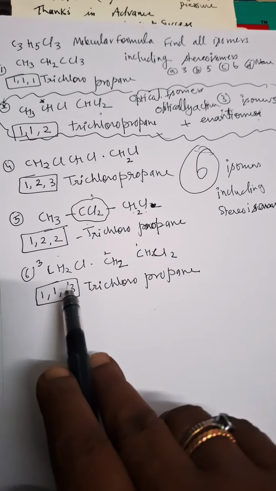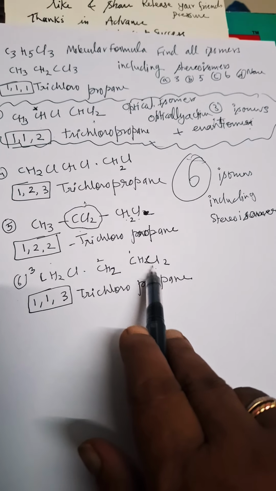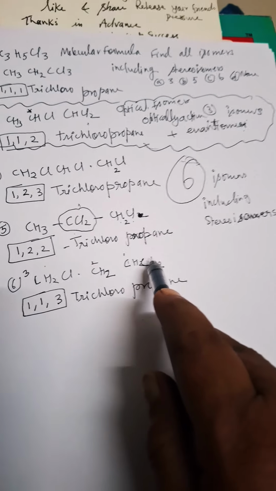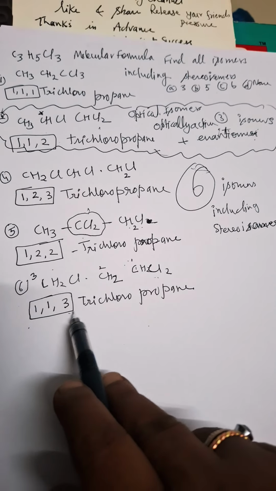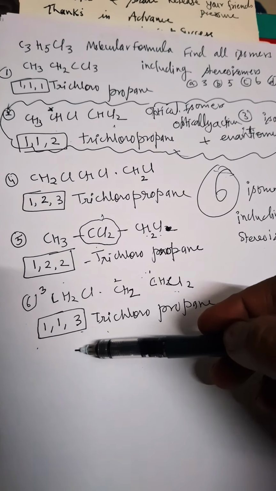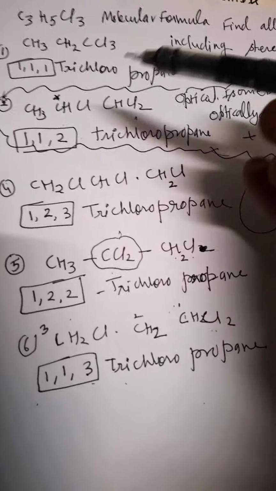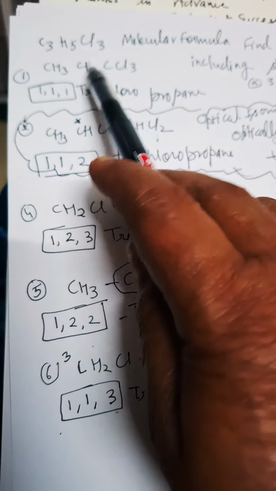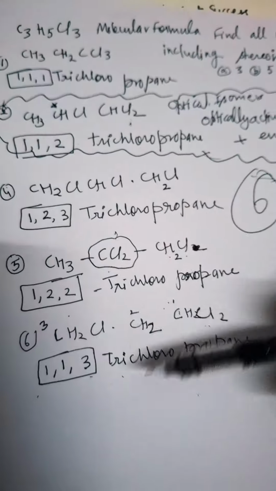Now what I did, 1 chlorine here and 2 chlorines at the last. But here the numbering starts from here because 2 chlorines are here. So 1, 1, 3 trichloropropane. You must try this so that you will not repeat it again and again. Again I will say, you have seen that there are 3 chlorines, so adjust them accordingly, no repetition